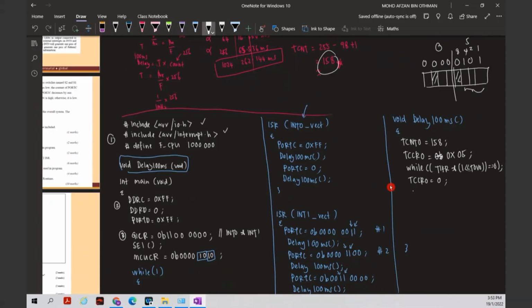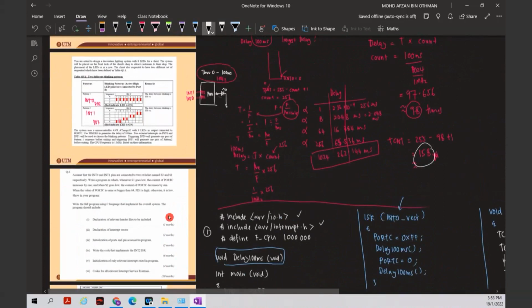And next, step number 5, we need to clear this TOV0 flag. So TIFR equals 1 shifted by TOV0. Yes, that's it. So this is for the delay program. So we already answered this question earlier. Okay guys, any question up until here? I think we stop here. Next week we will continue with the